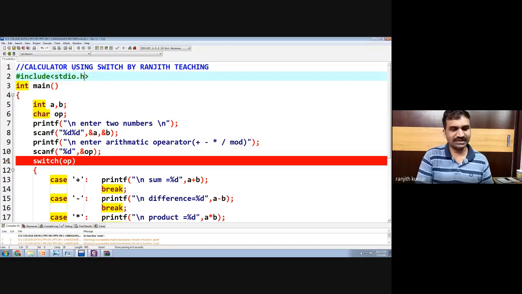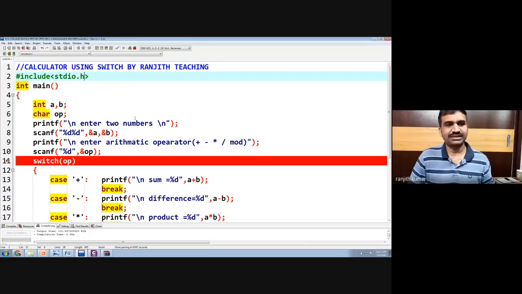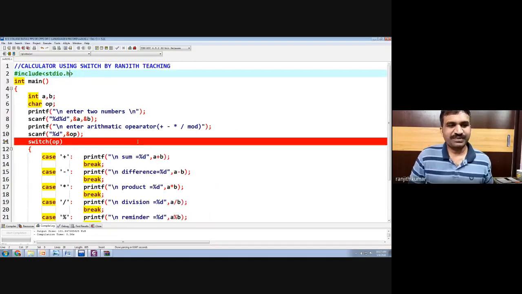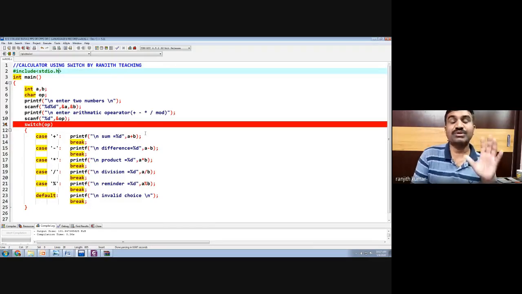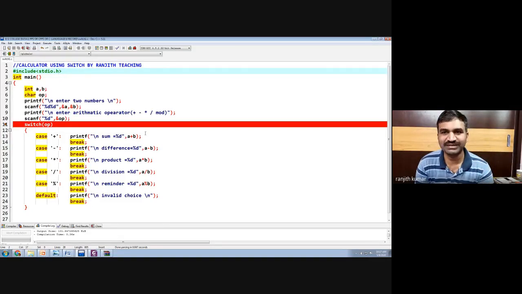So stdio.h. So the program is pretty simple, a simple arithmetic calculator. We are demonstrating the switch statement using an arithmetic example, people. We are not learning arithmetic operations here. We are demonstrating switch using arithmetic operations. Yes. So there are no errors, people. Let us execute the program.